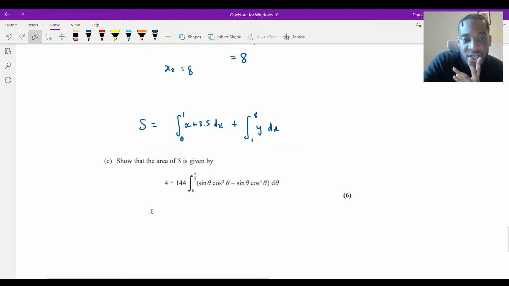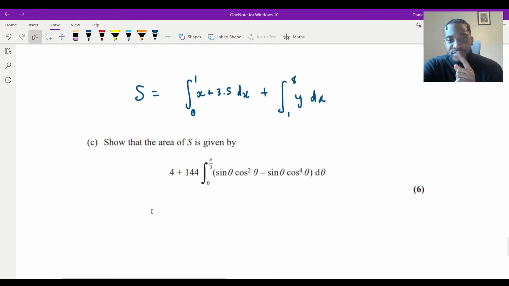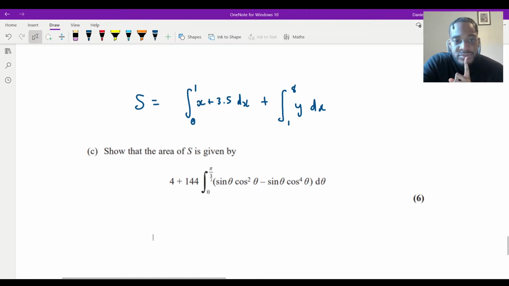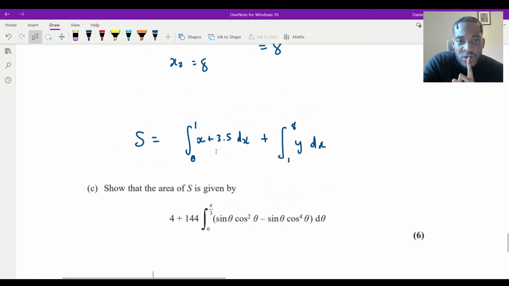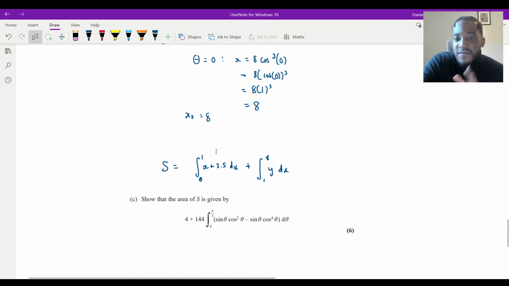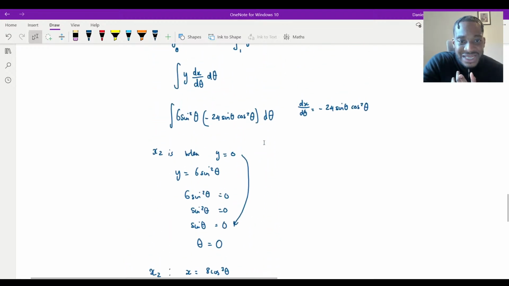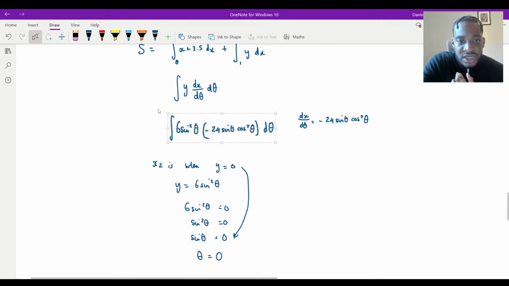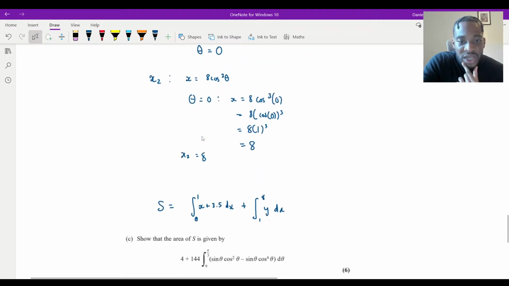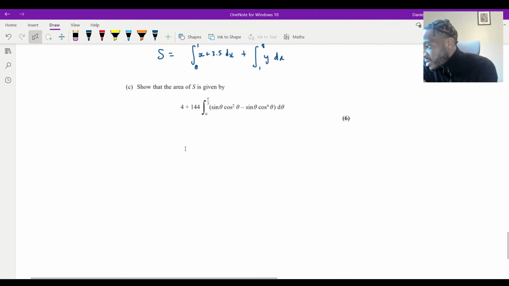So you've got this. This is what we need to work out. We need to show that we get that right. Now, remember, what do we have? Well, I said I was going to do the harder part first. So we need to figure out what this is in terms of theta, don't we? I remember we had this here, parametrically was equal to this. So what we need now is to figure out the limits of integration.